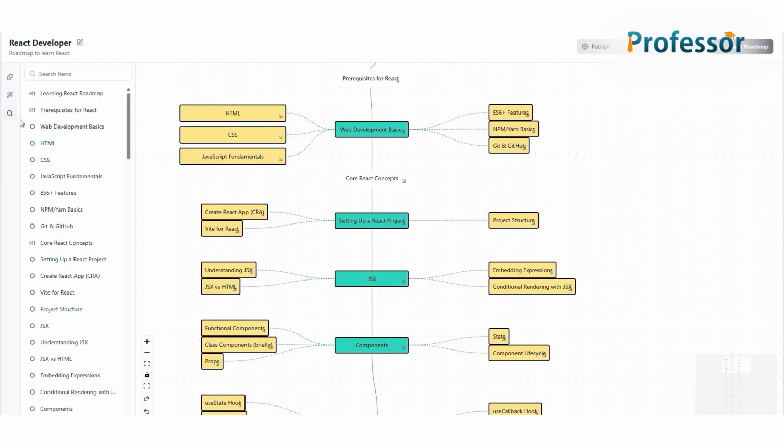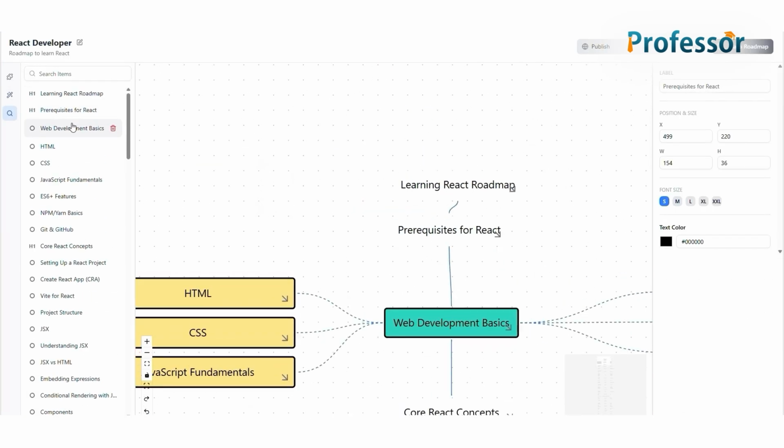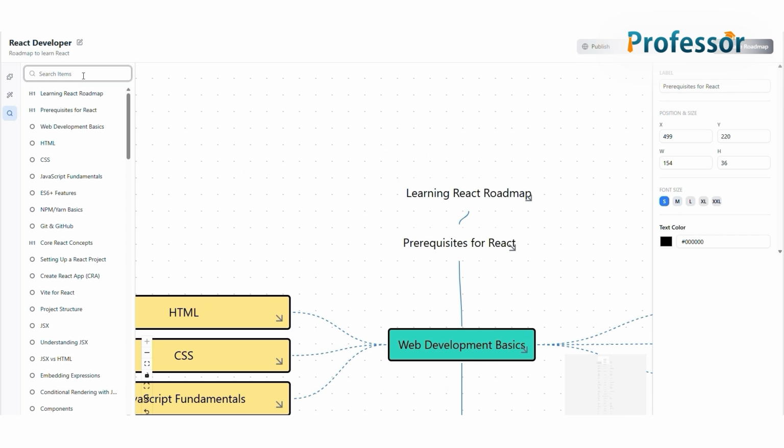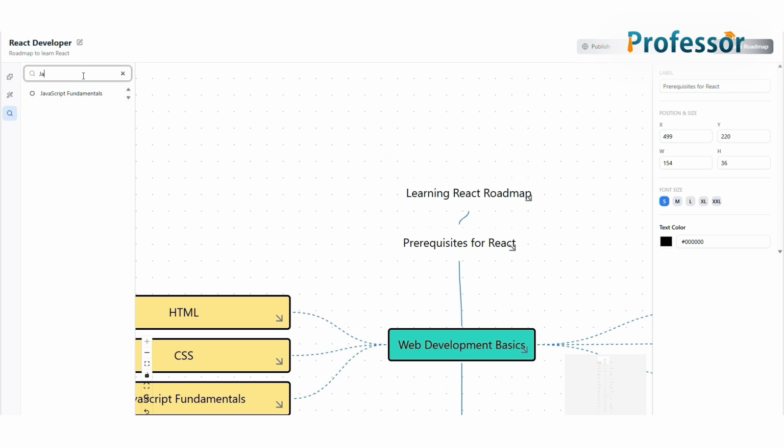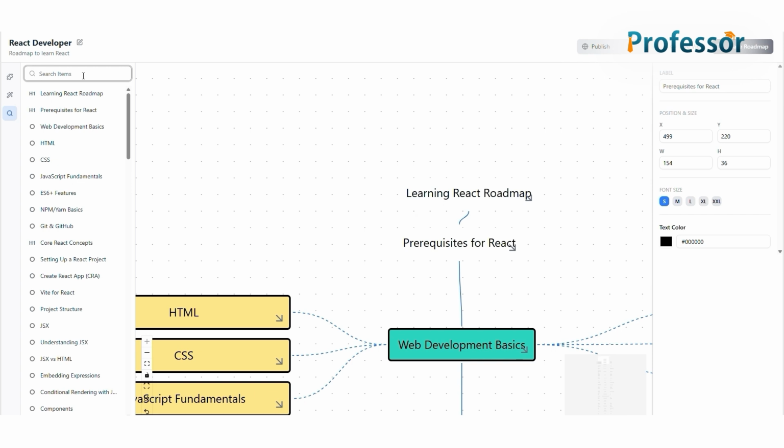If your roadmap has a large number of milestones and it feels difficult to find a specific one, no need to worry. Our platform has a search feature. You can quickly type the milestone name and it will highlight the exact milestone on the canvas, saving time and